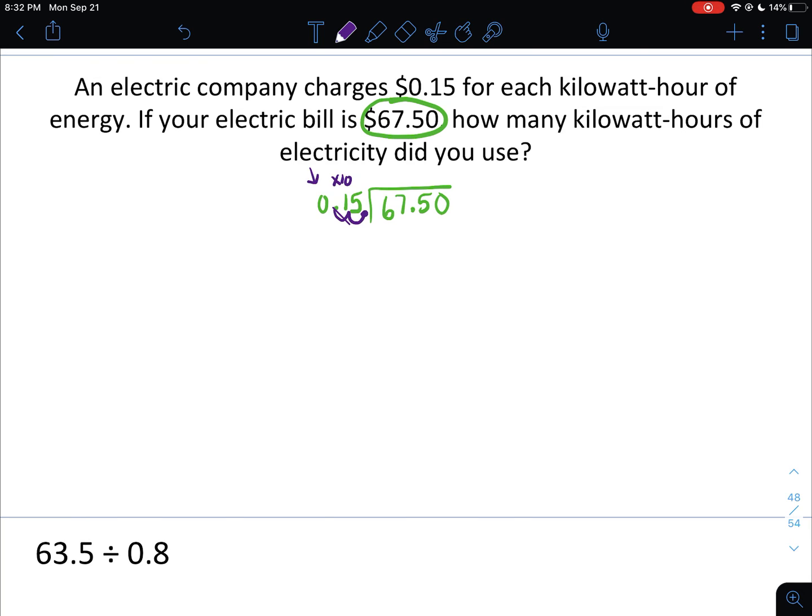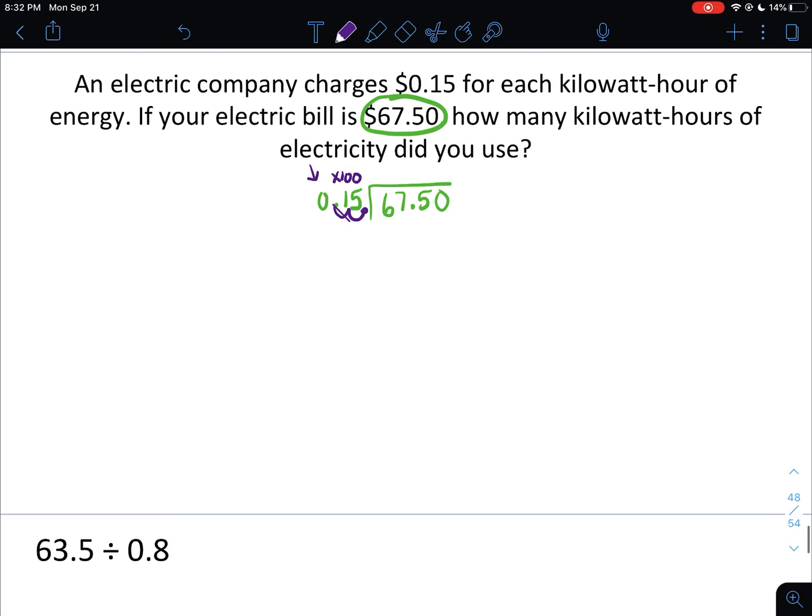So if I move it twice to the right, that's 2 zeros. So I'm actually going to be multiplying by 100 again. Whatever you do in the divisor, you have to do in the dividend. So this 0.15 does become 15. And then we're going to multiply the dividend also by 100. So move the decimal once, twice, and that becomes